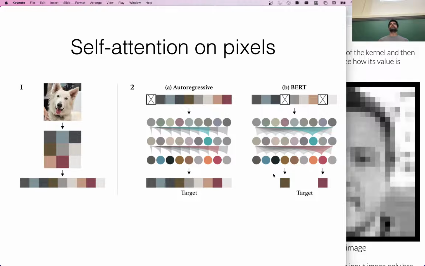So what are some issues with this setup that you can think of? Like just taking an image, converting it into a single sequence of pixel values, and then doing next word prediction on that sequence. That's a good point.